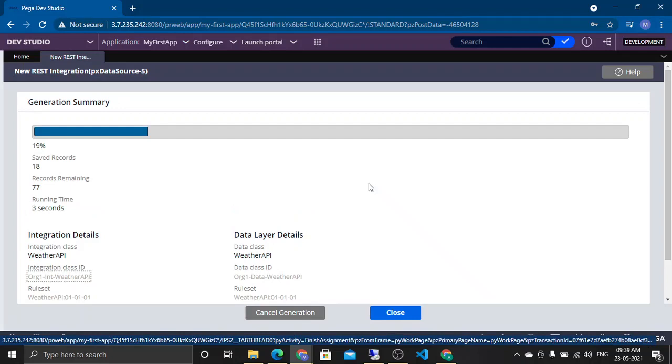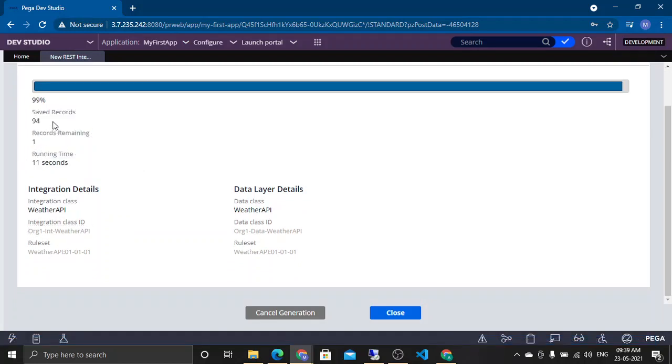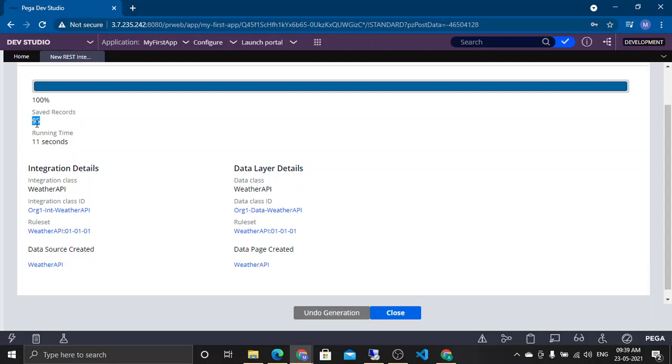model, data pages. It is saying it will take some time and is creating some records. Pega configured about 95 records for this whole API integration in the background, and these are the major rules. There are a lot of rules created, but these are the major ones.